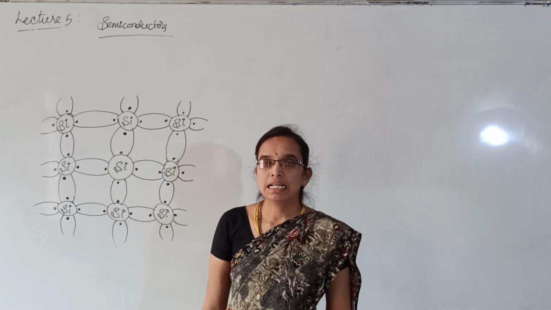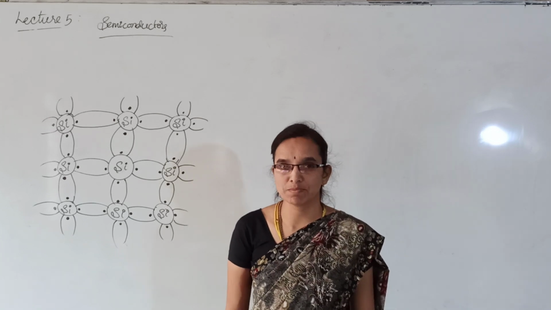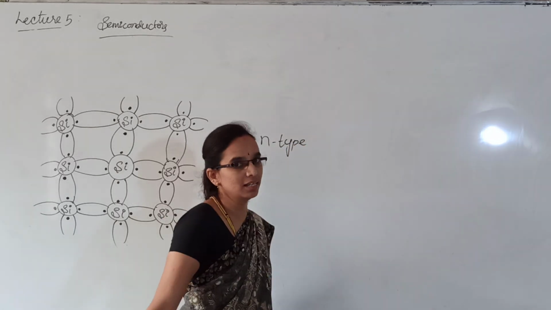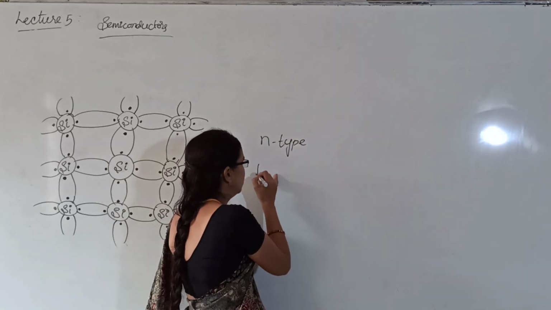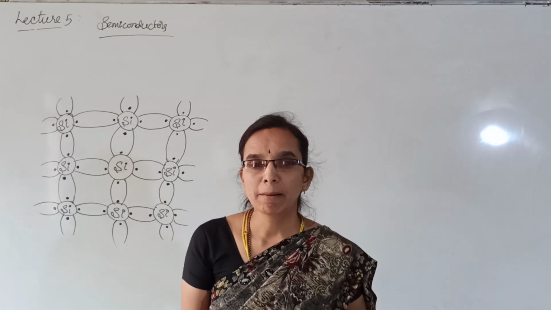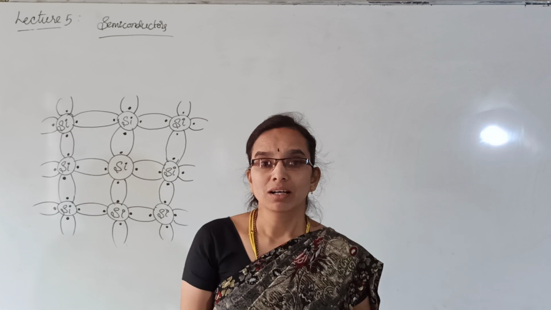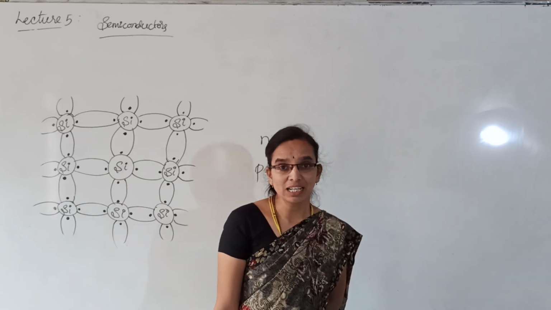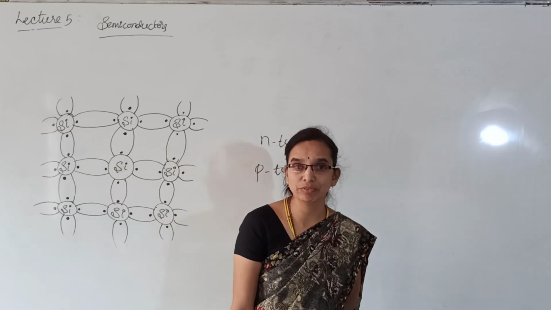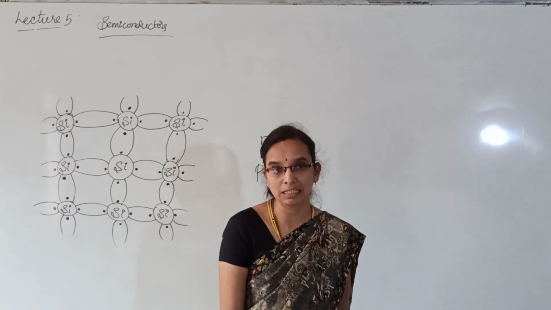Welcome back, students. Let's continue with the extrinsic semiconductors. In extrinsic semiconductors, there are two types. One is N-type semiconductor, which we have already studied yesterday, and the other one is P-type semiconductor. N-type semiconductor is obtained by adding a pentavalent impurity like arsenic, antimony, or phosphorus, anything which contains 5 valence electrons. So, after adding pentavalent impurities, we will get excess number of free electrons, which helps in conductivity.